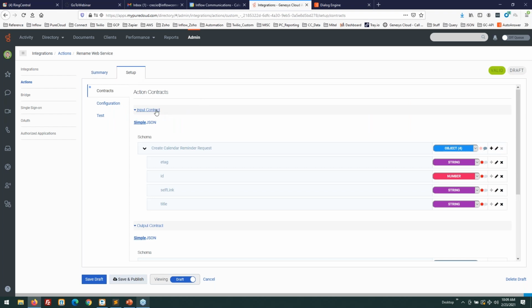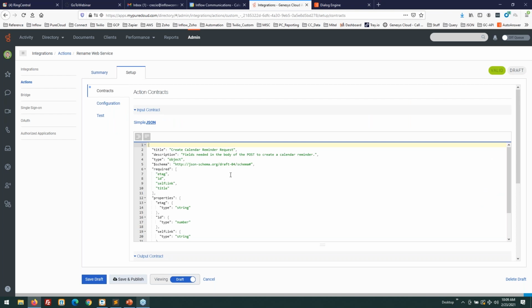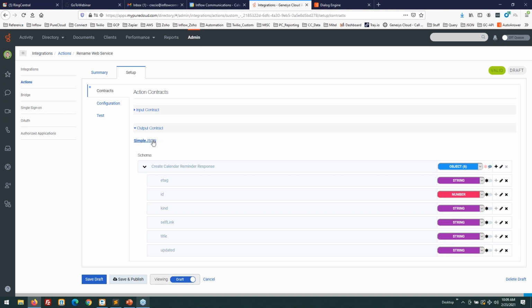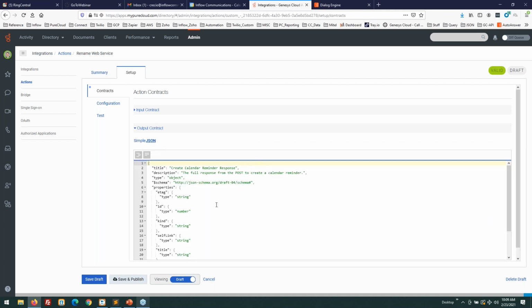Now, if you're new to JSON and web services, I'm going to attempt to simplify this. This is basically the container of information that you're going to request from the user, in this case, your IVR, your bot, etc. What information do I need to be able to locate the customer details? From there, you're going to have what's known as an output or an output contract.